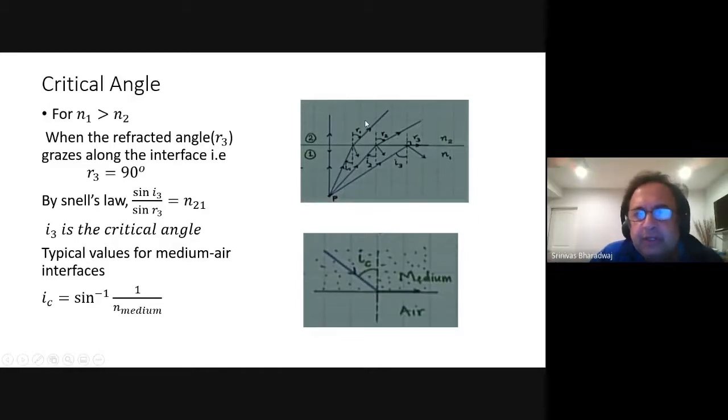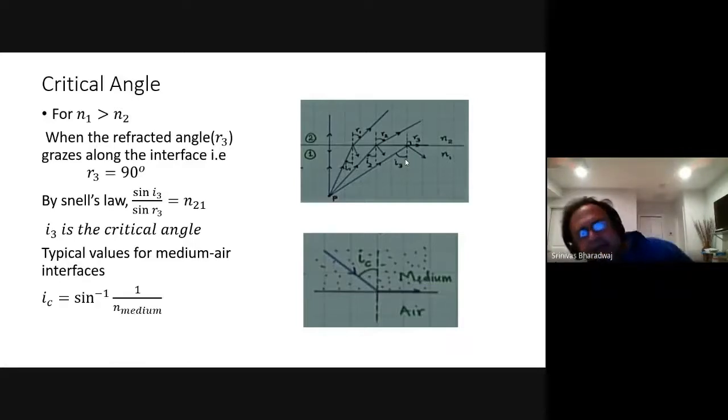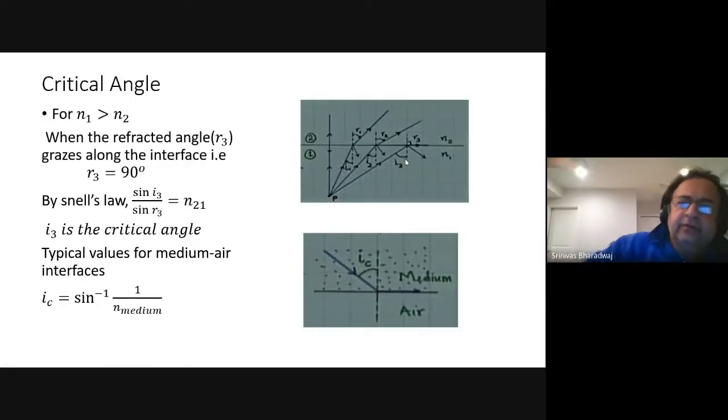Now in such situations, as the refracted angle extends, if the light was at a certain angle, it will get refracted. It will go through refraction up to a certain point. But there is one angle called the critical angle, after which it will completely be reflected. All the light will reflect, and that's why it is called total. Every ray of light will then reflect completely.